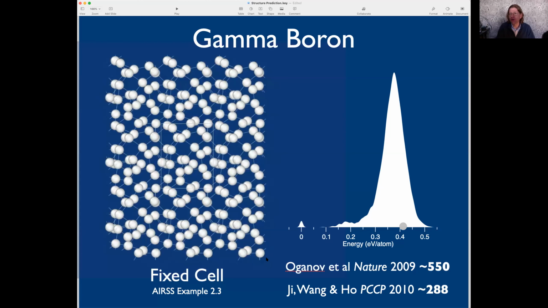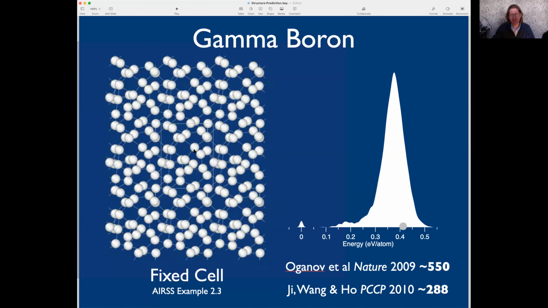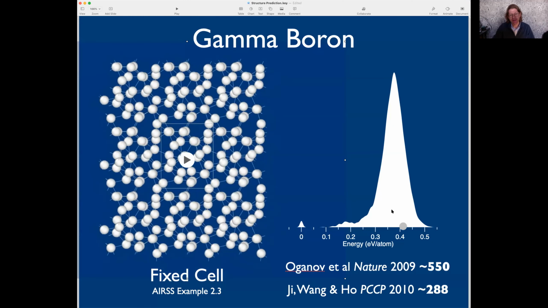Here's an example for gamma boron. It's a particular high pressure phase of boron. The first thing I'll do is I'll show a random structure that relaxes to a high energy structure, and then in the next,